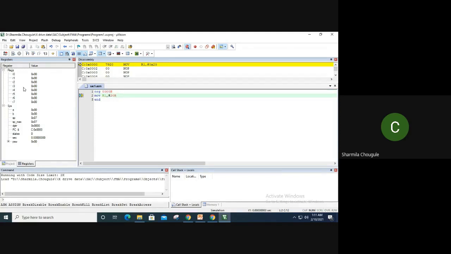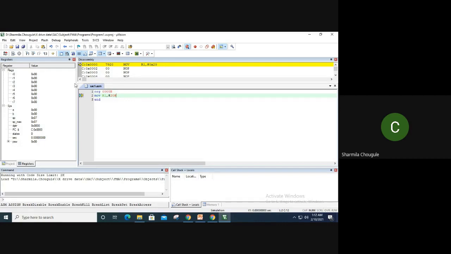Now as I told, this 20H value has to be stored in register R1. So where is your register R1? This is your register R1. What is the value here? 0. Okay, so it has not yet loaded the value into R1. So this arrow mark indicates which instruction is going to be executed now. To execute this instruction, you can either run the whole code, or you can go one line at a time.